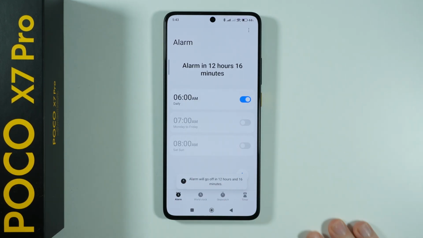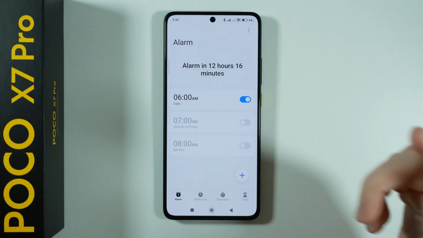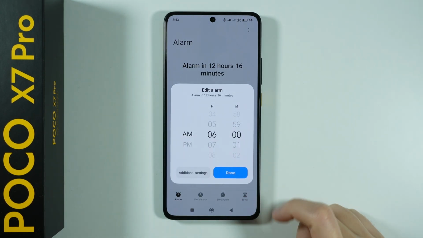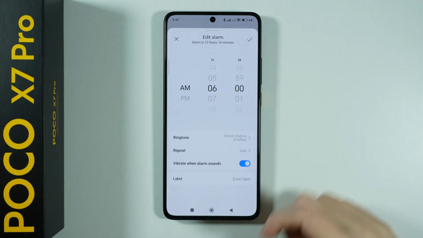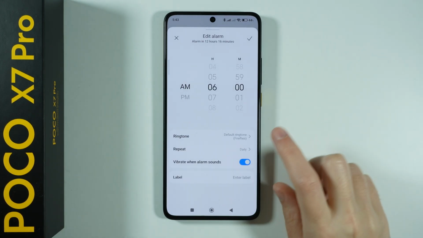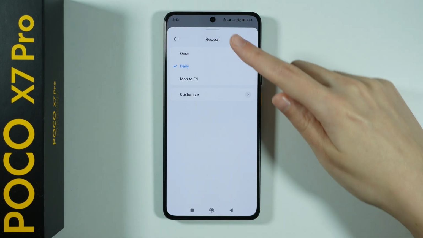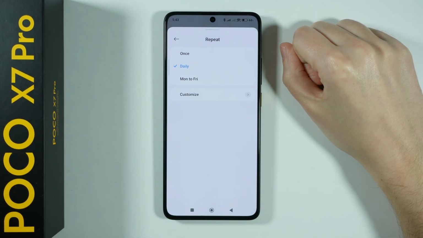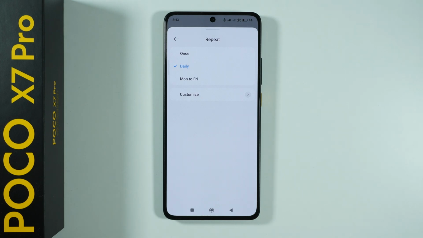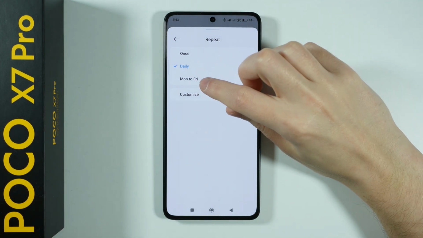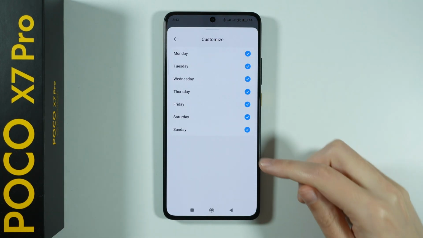You can also see the information when the alarm will go off. You can also customize these alarms by tapping on them. You can set up different time, or you can go to additional settings in order to find even more options, and then you can choose when this alarm should repeat, whether it should be just one-time alarm clock, or it should repeat daily, Monday to Friday, or you can customize it and choose your own